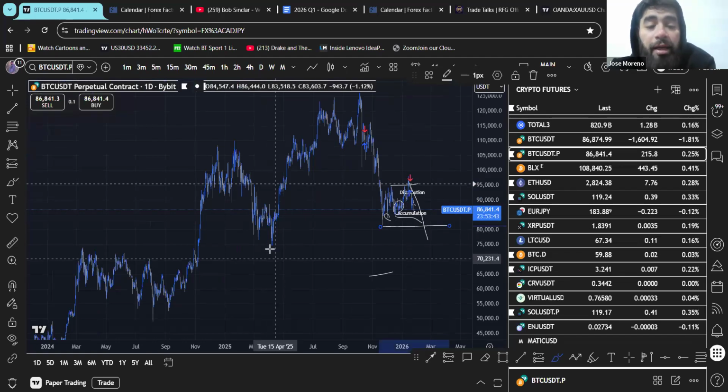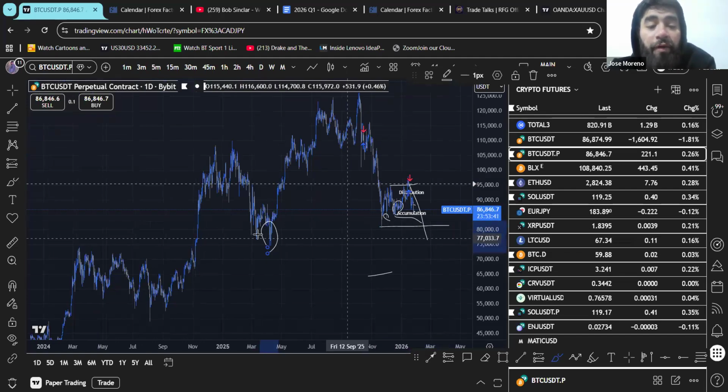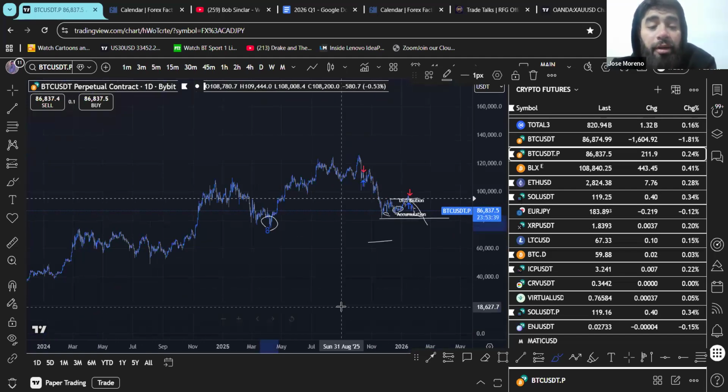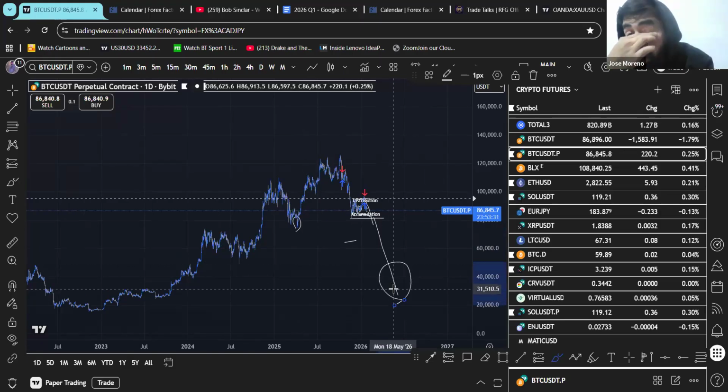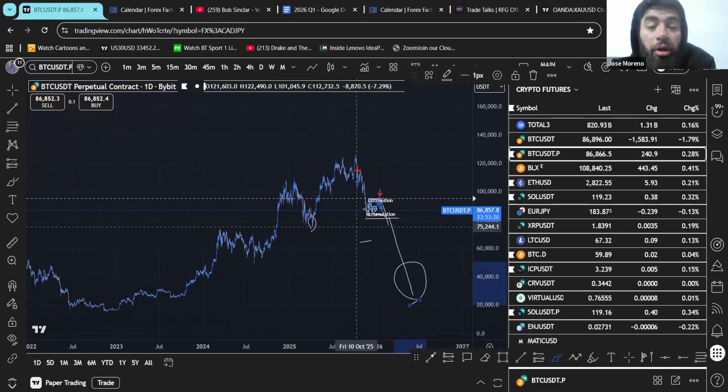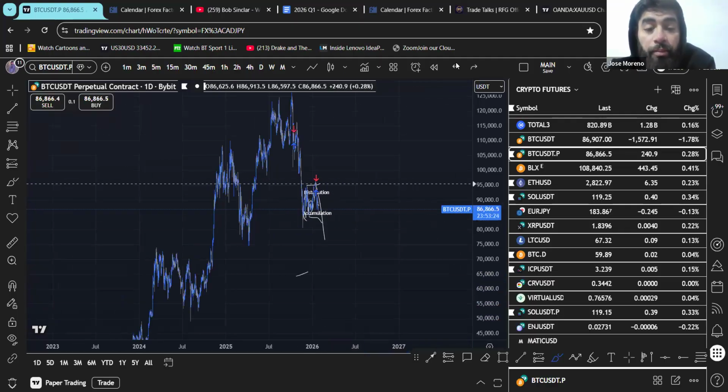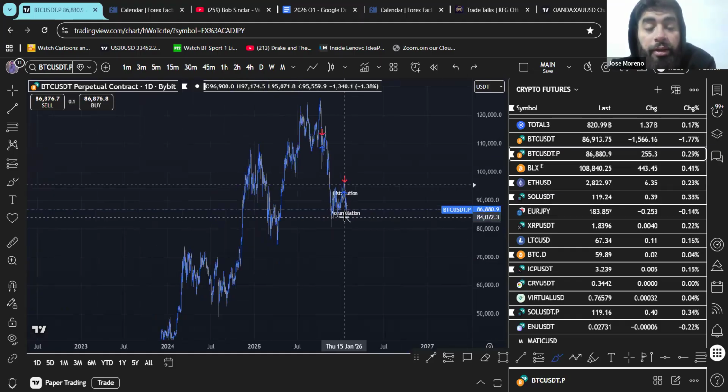And then below 80K, if we end up getting buys from here, perfect. If not, it's looking a little bit spooky, like 30K spooky type of vibes. So that's okay. It's not a bad thing. All that means is we have opportunities to load up, right? But that's what BTC is kind of starting to look like.